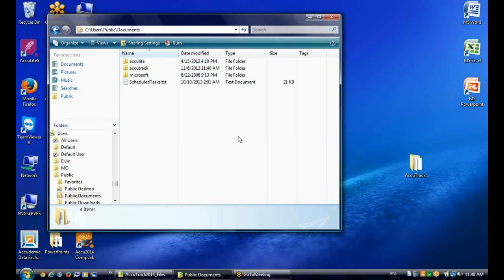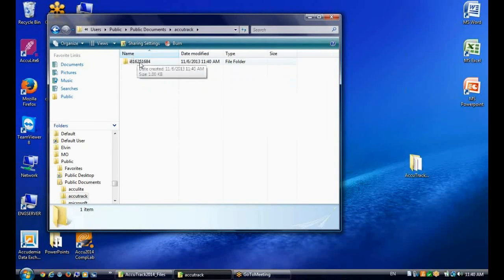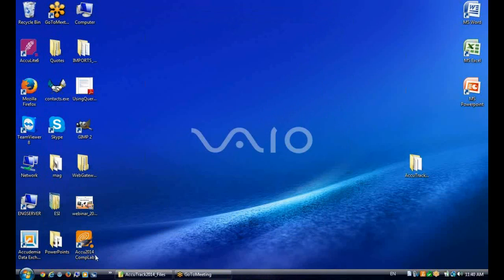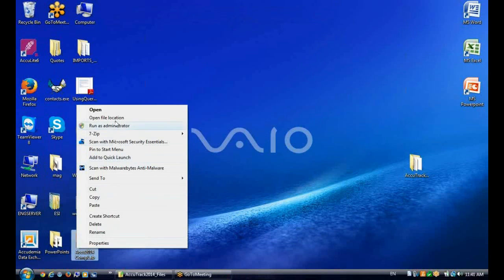So it's writing a file out there we need that's called dbparam, and that stores the parameters, the path to the database. And that's going to be in my public documents in an AccuTrack folder, and then I have a folder that's system generated. But as you can see, I have 2 dbparam files, and those files need to be generated in order for me to save the information about where my database is located. Okay? So I just opened the program the first time and I canceled it. Okay, but now I'm going to go out to where it's installed,